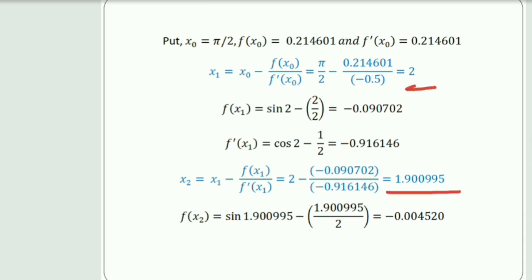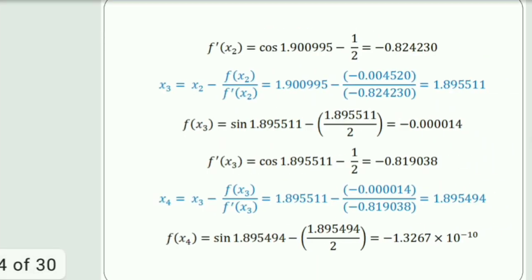So there are no repeating values, so we need to go for further iteration. That means we have to go for calculation of x3. For that we want f dash of x2. I have calculated this and the value for x3 is this, and we have seen the value for x2